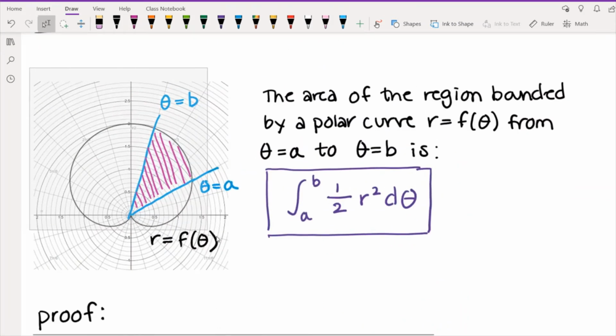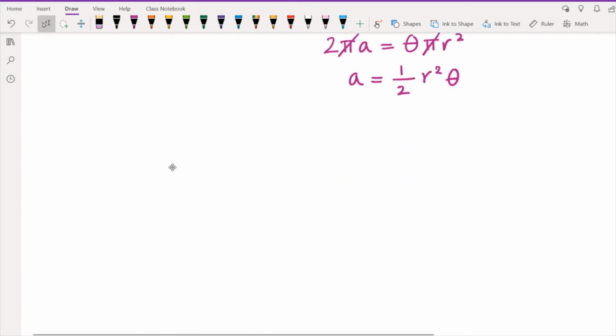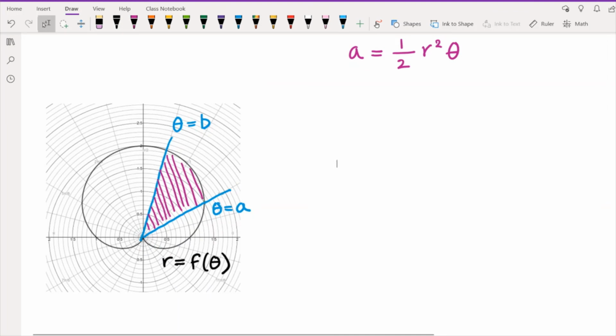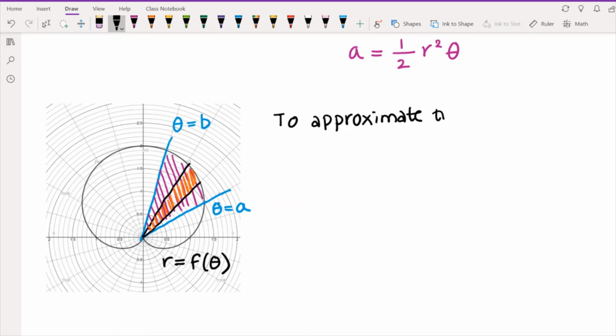I'm just going to copy and paste this so that we can refer to it. Okay, so as I started to mention, if you wanted to approximate this purple area, you could do so by breaking it into these slices. I'm just going to draw 3 slices here, but really you would probably be doing more. And I'm going to highlight one of them. So let's say we're looking at this slice here. Okay, so let me write that down. So to approximate the area, I'll just say the purple area,